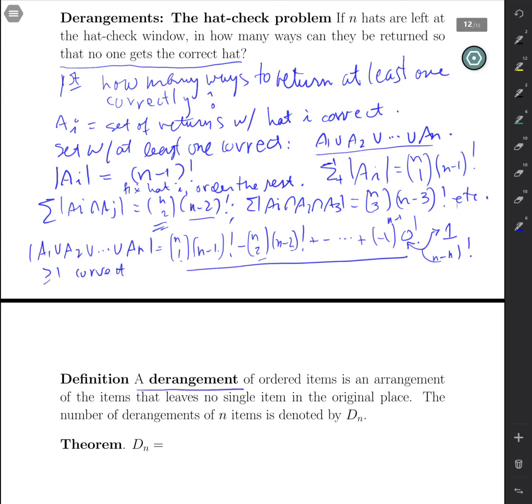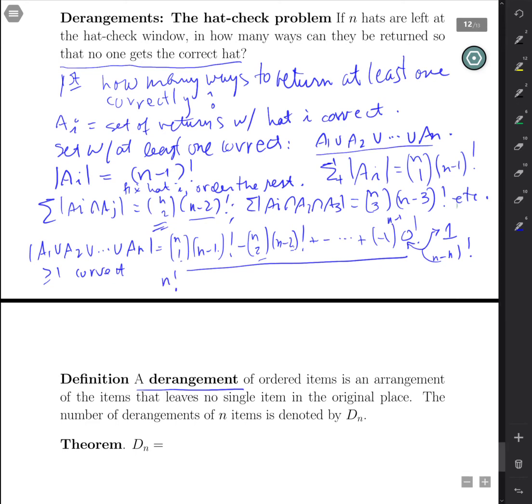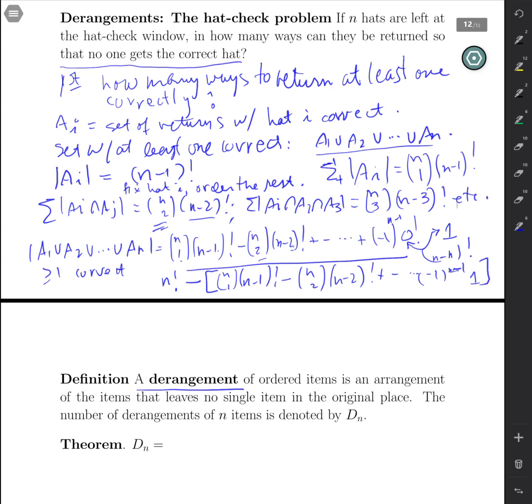Let me go back just a minute. So the answer here would be n factorial minus this number here: n choose 1 times (n minus 1) factorial, minus n choose 2 times (n minus 2) factorial, plus minus out to minus 1 to the n minus 1 times 1, like so. And that is actually n choose